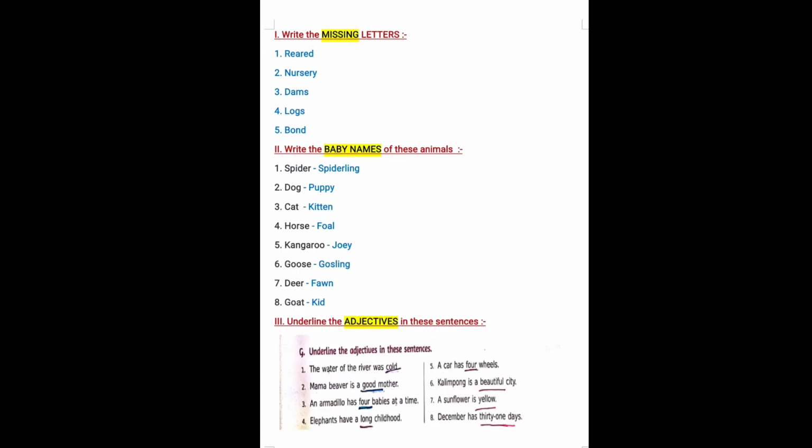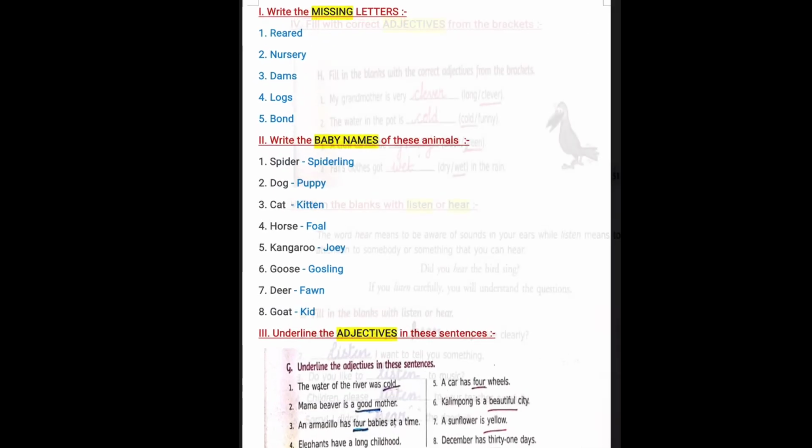Which is the adjective here? Yellow. Eighth one, December has 31 days. The adjective is 31. So when I ask you to underline the adjective, you must write the sentence in your classwork or in your test note and then underline the adjective with a pencil.